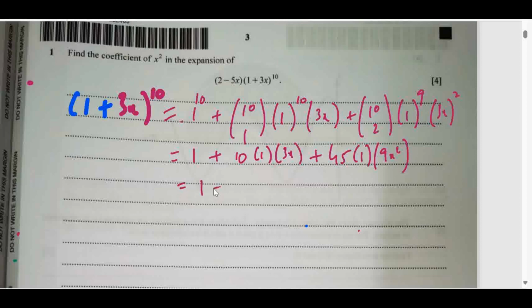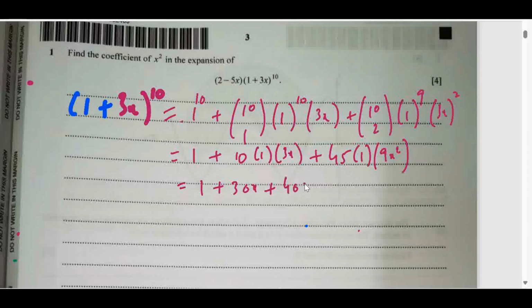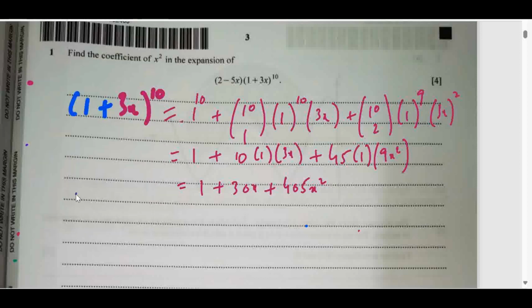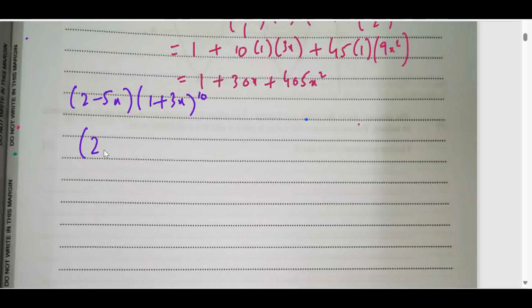This will be 1 plus 30x plus 45 into 9, which is 405x square. Now we multiply this with (2 minus 5x) times (1 plus 3x) whole power 10. We don't need to multiply the whole expression, we just need to multiply the relevant terms. So 1 plus 30x plus